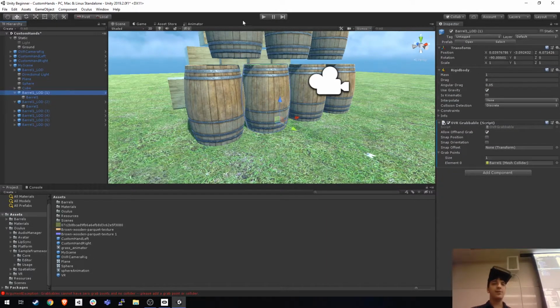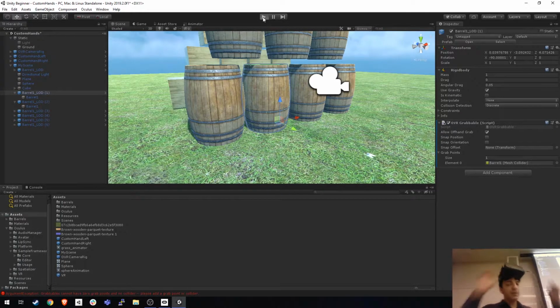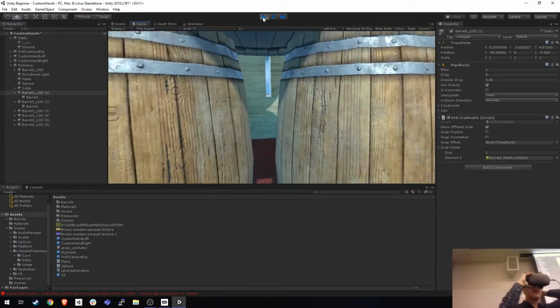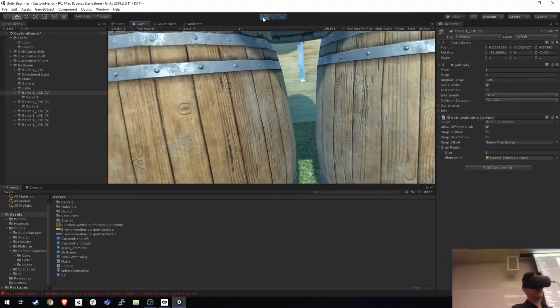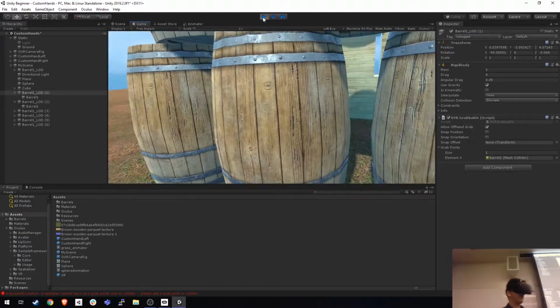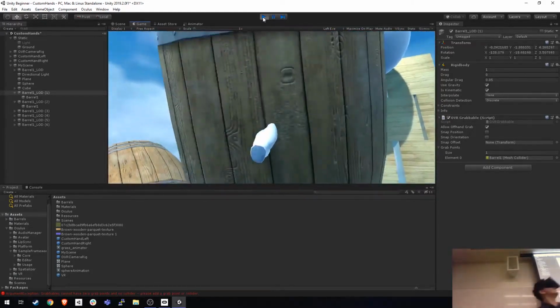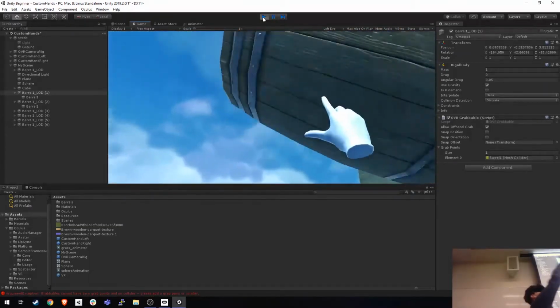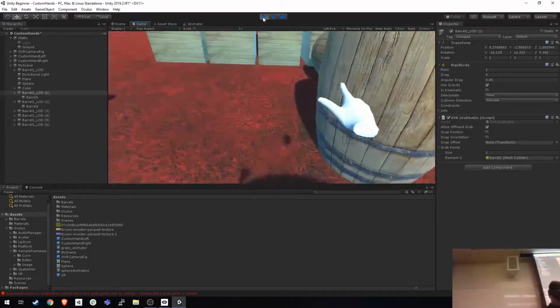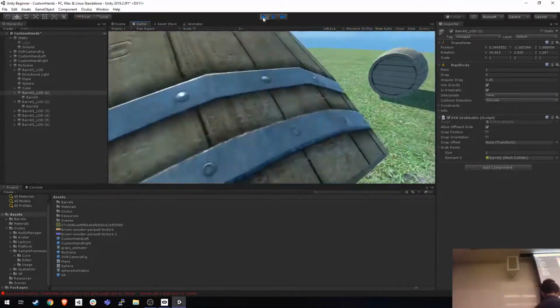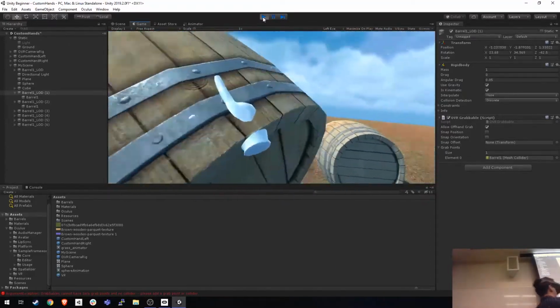Now this is kind of like how it usually is with XR development. You try something, you put it on, there's a bug, you take it off, you read the error message, you come back in, you tweak it, and then there we go. So now I can, it's a little bit big. I might actually make some smaller barrels to do this with, but as you can see, you can kind of